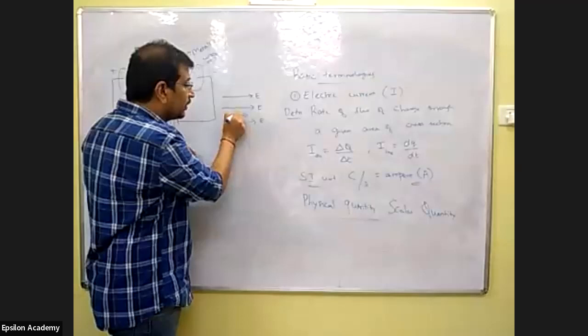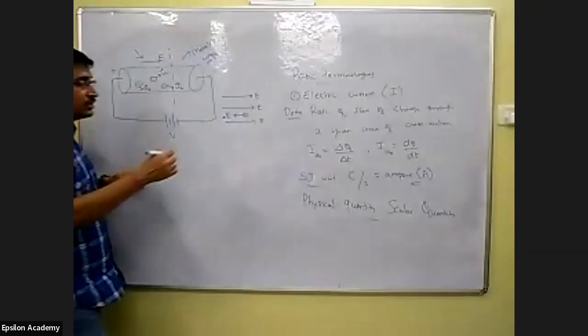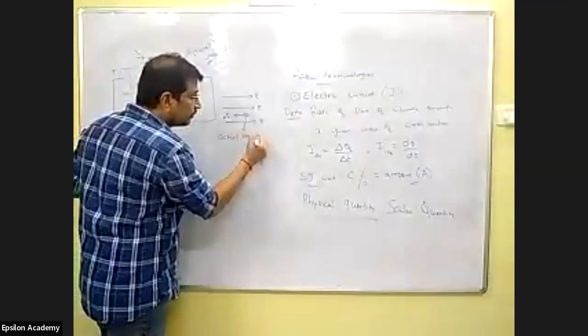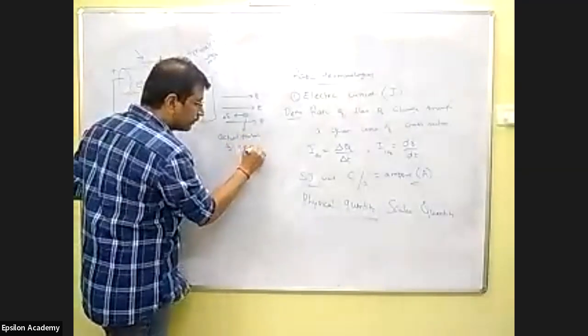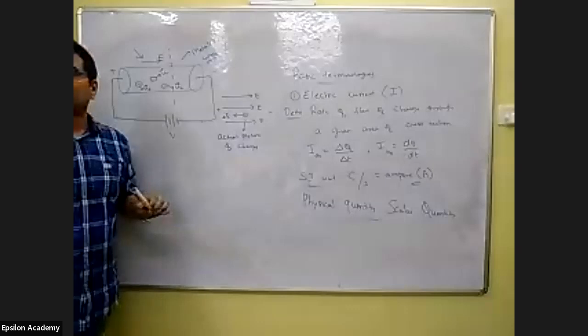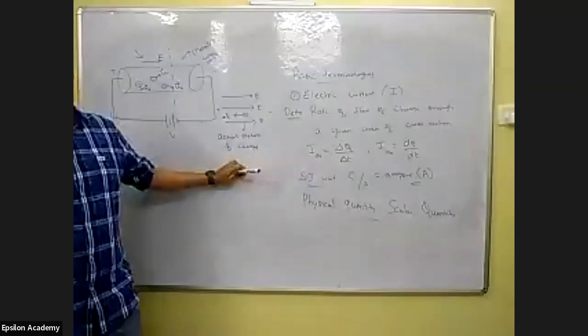Right. So if you see inside a conductor, especially inside a metallic conductor, what are the major charge carriers? What do you mean by charge carriers? Charge carriers are the ones which are responsible for conduction. So when these electrons are going to move in the opposite direction, this is the actual motion of charges, right? So if someone asks you what is the actual motion of charges, what will you say? It is from lower to higher potential, but the conventional direction of current is taken to be positive to negative